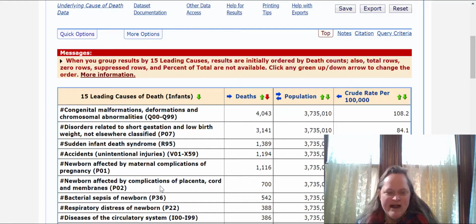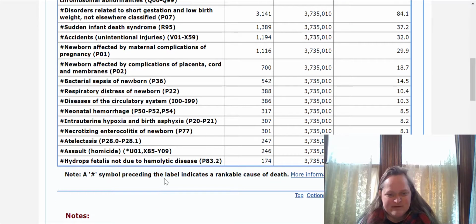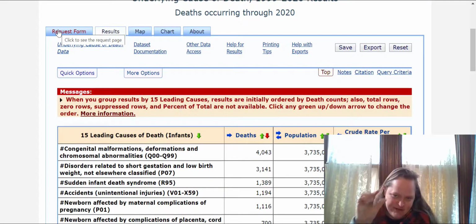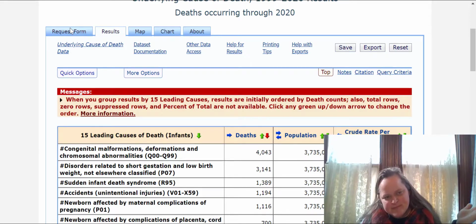When I did a recent ranking thing, I did not use this 15 leading causes, because I was doing a whole bunch of data pulls. I used the 113 list, the full list, and I was doing it all at once. So I didn't want to break out a different list for infant mortality for ranking. So these are a different ranking list when you look at infant mortality. That's a little detail, but it's good to know that they use something different. So anyway,